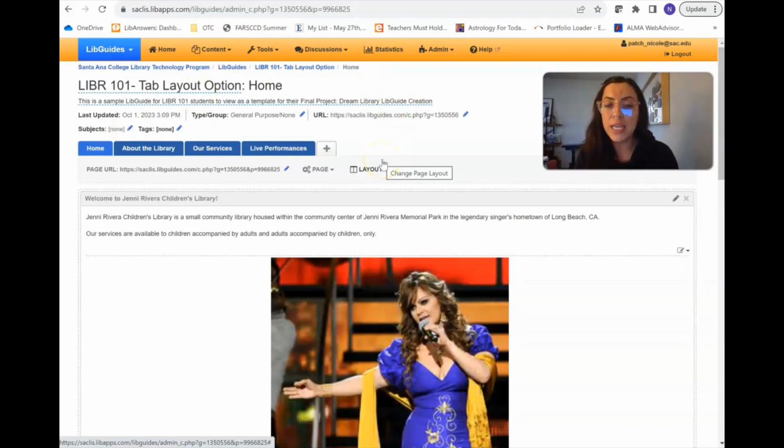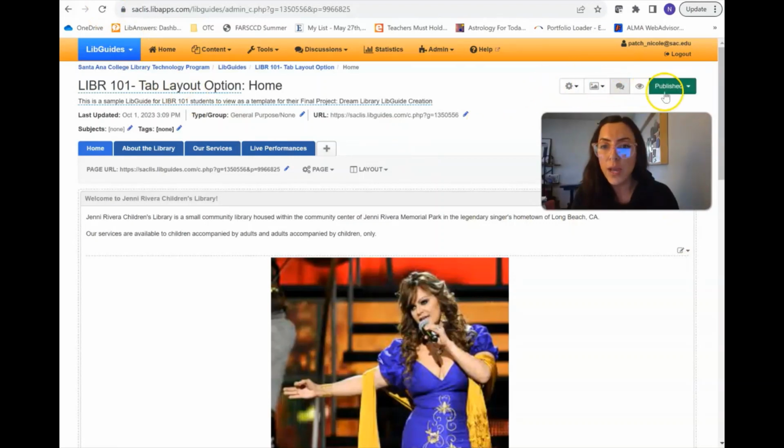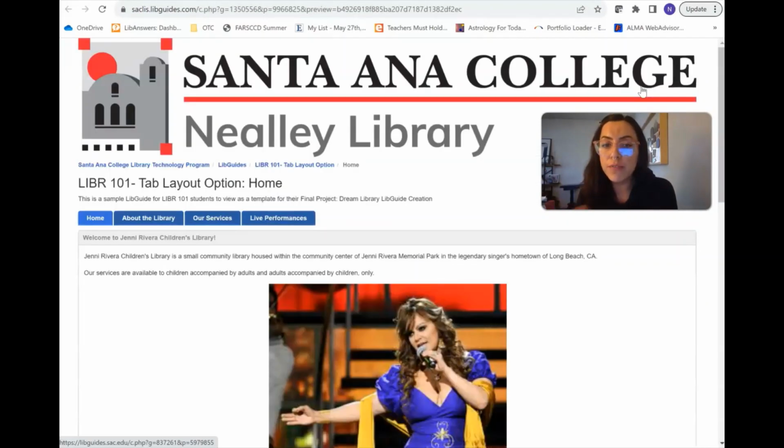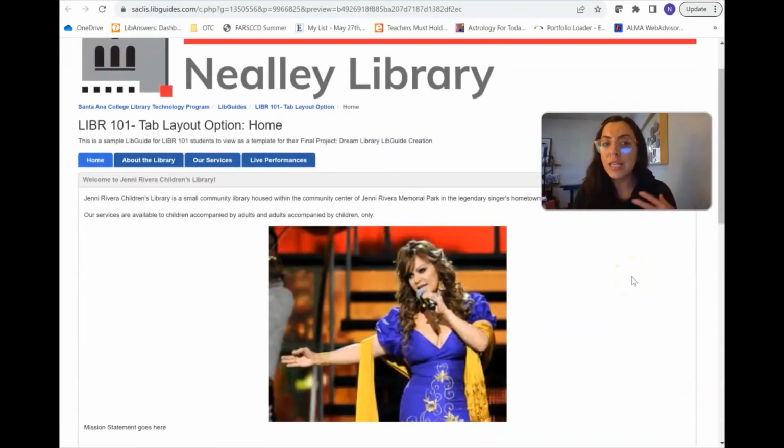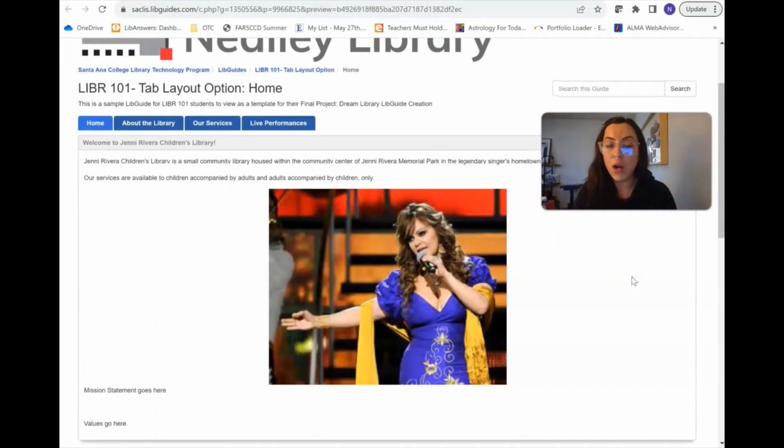Right now, you're looking at the editor's page, right? This means you're able to edit the content of the boxes and the boxes itself. And then right up here, you'll see for your LibGuides when you get started, it's going to be red and it's going to say unpublished. This one, because it's published so that you all can see it, it's green. And this eye icon is what's going to preview what these different layouts look like when they are published and